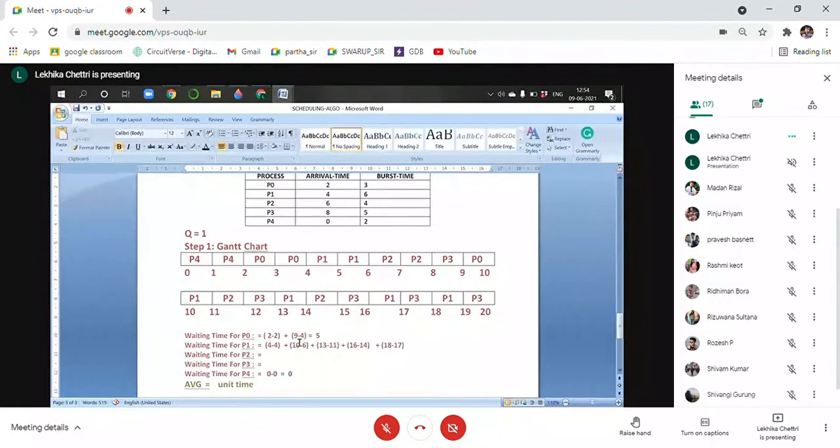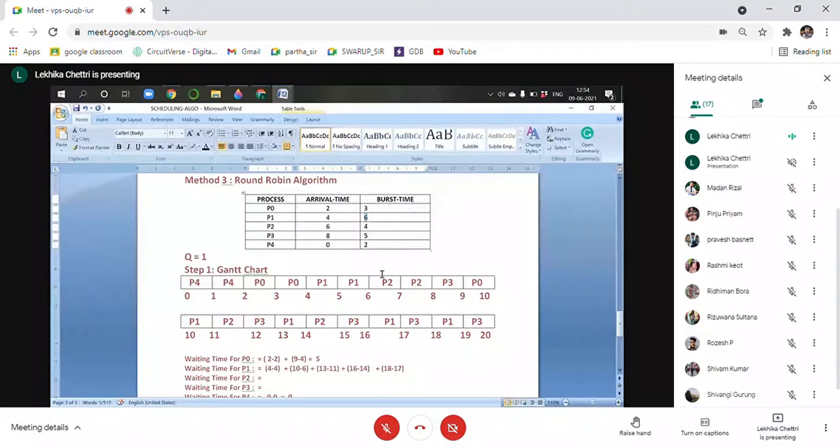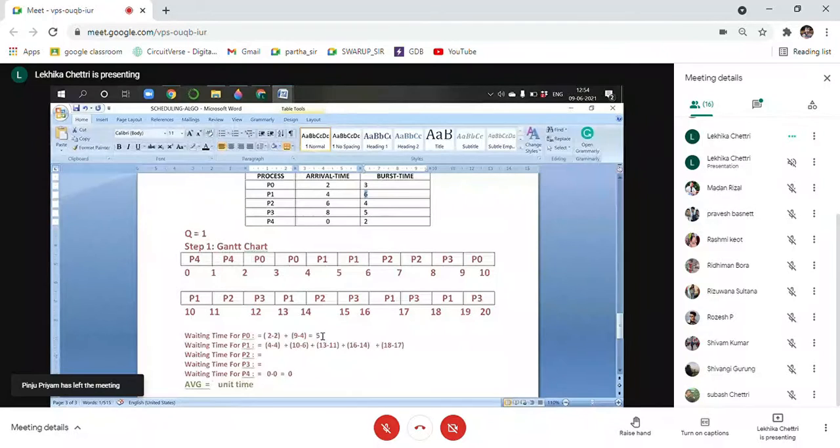So 1 2 3 4 5. So P1, देखो, 6 time. Okay, because at first it was there in the CPU for 2 continuous units. So 2 को हम 1 कर देंगे, so 5 times it should have been. So 1 2 3 4 5. It's there for 5 units of time. Okay, so 4 minus 4 is 0, 10 minus 6 is 4, 13 minus 2 is 11, 4 plus 2 is 6, 6 plus 2 is 8, 8 plus 1 is 9. So it had to wait for 9 units of time to complete its task. Is it clear?